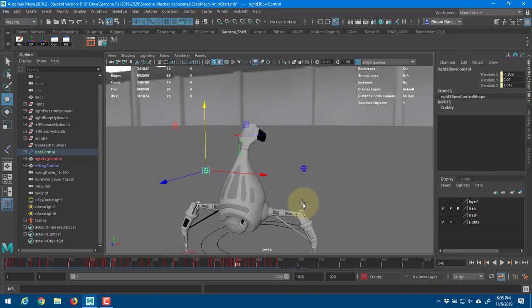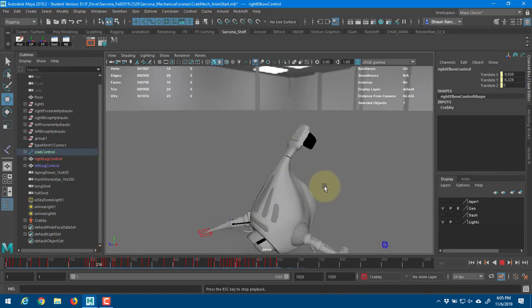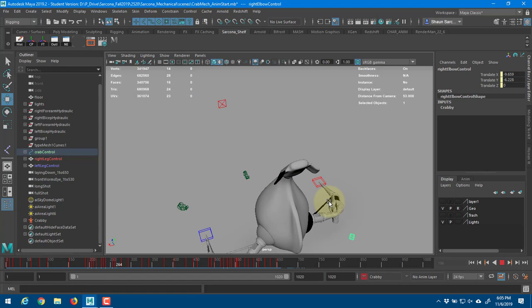Now I also added, as he's moving, think of the stick animation. As he sits up, that flipper is going to be moving. So as he gets up, the flipper is going to go back a little bit, and then once he reaches the top of his movement, that should kind of bounce forward a little bit. So I've added that as well as some secondary movement. So if you watch it,